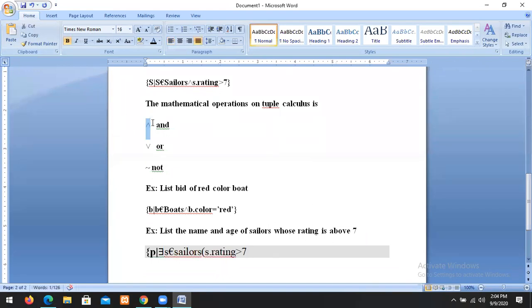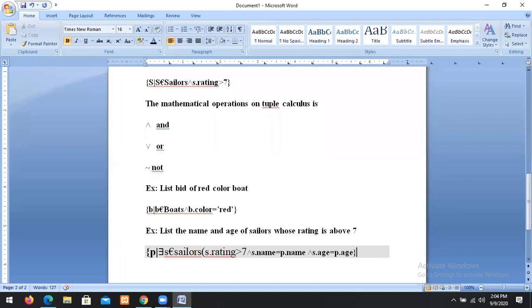so what are the columns I required? You have to merge them. What are the columns we required? S dot name equal to P dot name, and S dot id is equal to P dot id. So this is the way to get specific columns of a tuple.